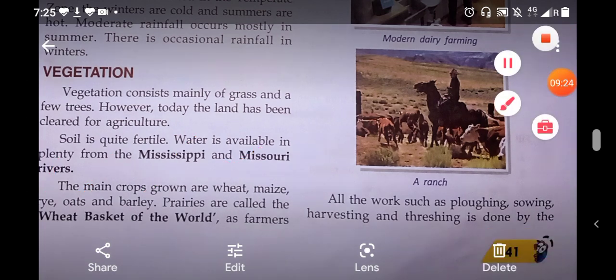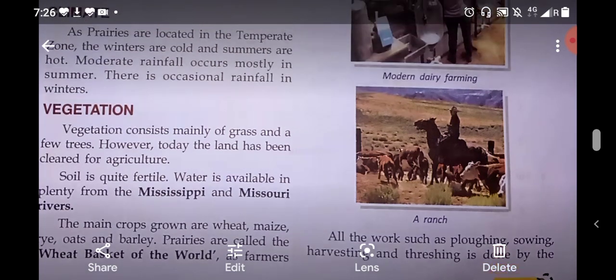Students, prairies provide lots of wheat, sufficient wheat for its citizens, and they also export wheat to other countries. Means they are giving wheat to other countries also. That's why there is a huge production of wheat in this area in North America. That's why prairies are also called the wheat basket of the world.